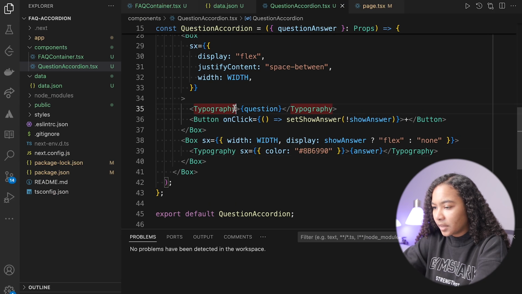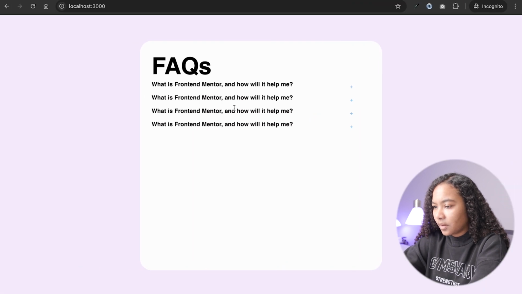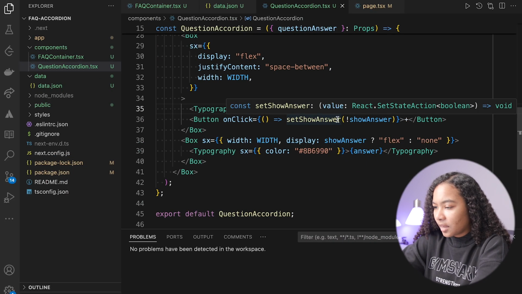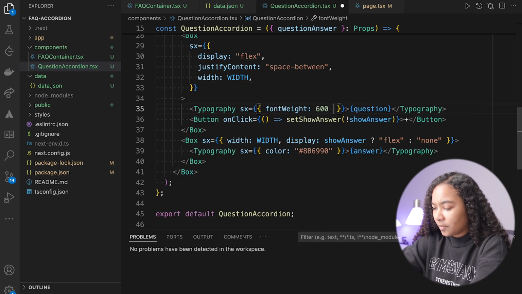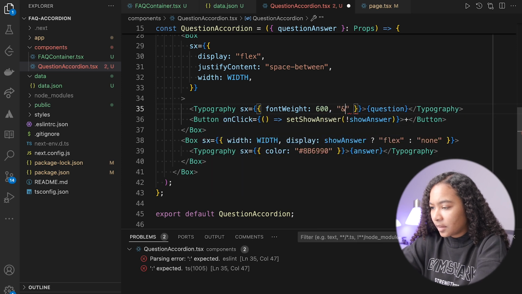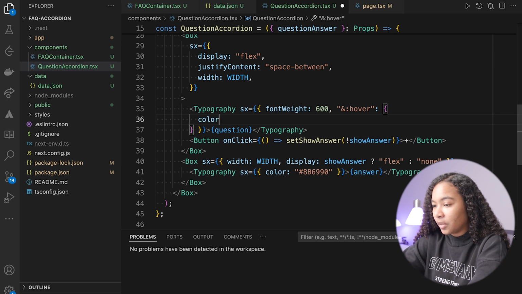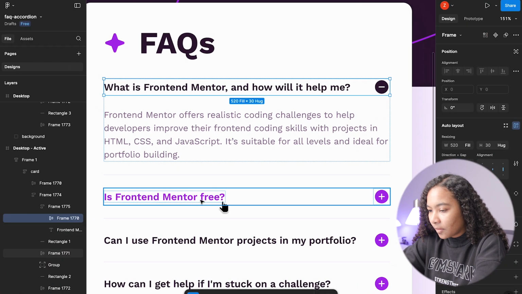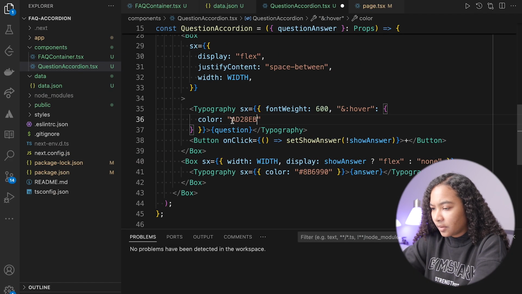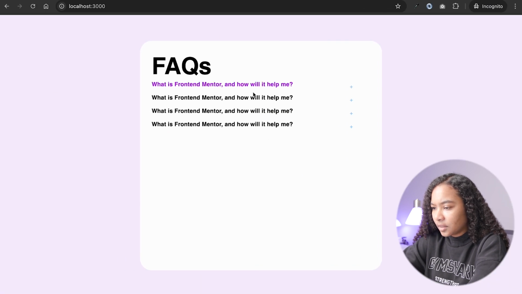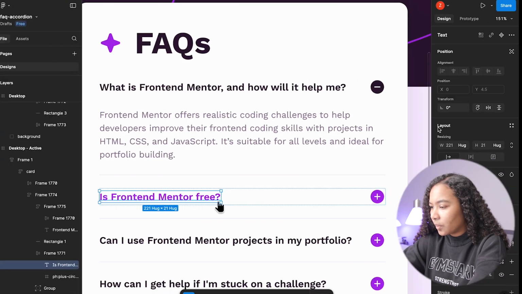Awesome. We're going to make this a little bit more bold. So we'll say font weight for that, we'll put it to 600. We'll save that. And then we'll say comma and hover. We're going to say the color should be this pink, as they call it. And hover color is going to be that. Awesome. And then on click, we want to change